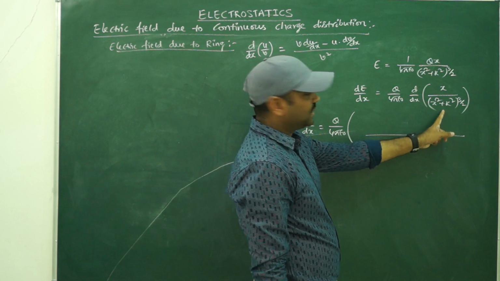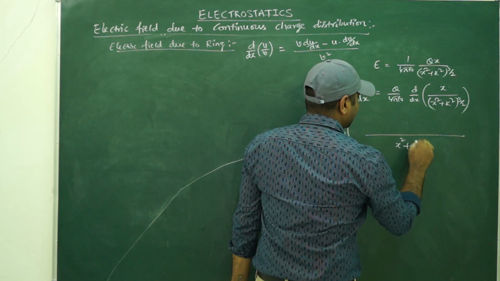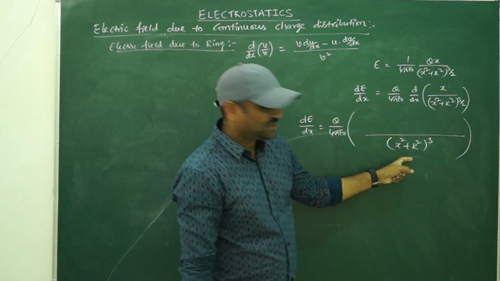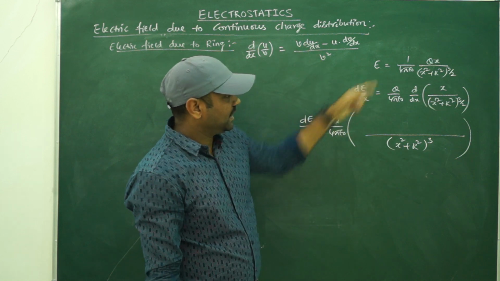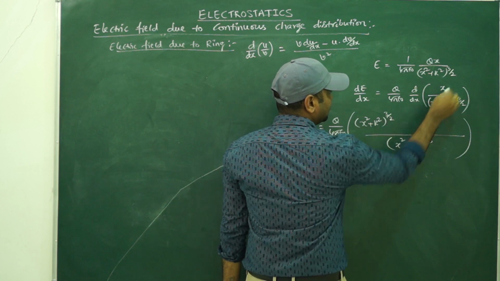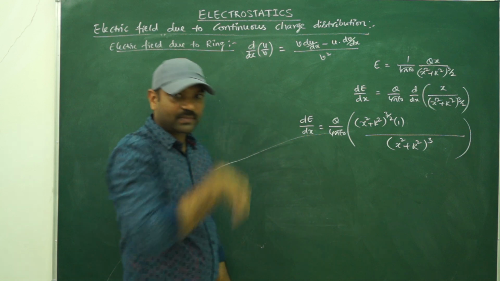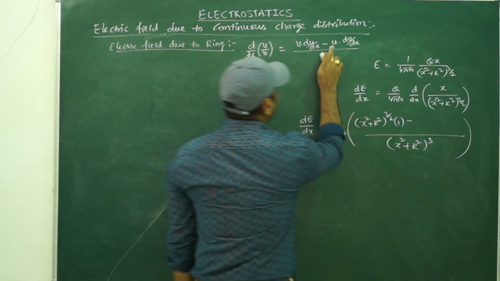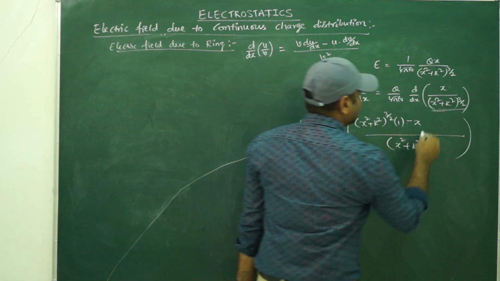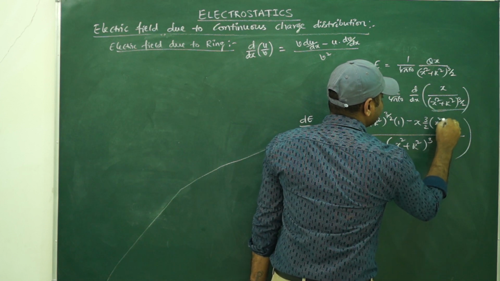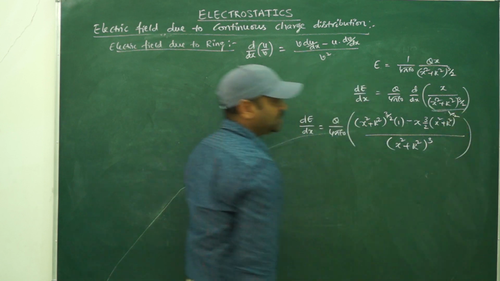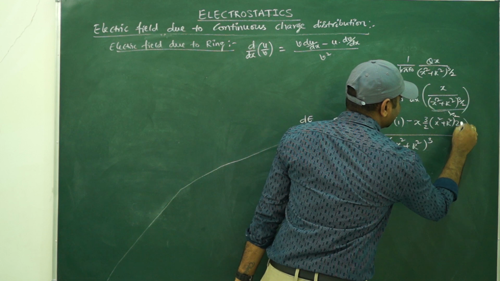Then v square, if I do v square for this, I will get (x square plus r square) whole cube, whole raised to 3 by 2. This is u and this is v square I wrote. Next, v into du by dx. What is the v value? The v value is the same, (x square plus r square) raised to 3 by 2, and the derivative of x is 1. Minus, now u, which is x, into the derivative of this part. The derivative of this part is 3 by 2 into (x square plus r square) raised to minus 1 by 2, that is 3 by 2 minus 1. Again the x square derivative, you will get 2x.